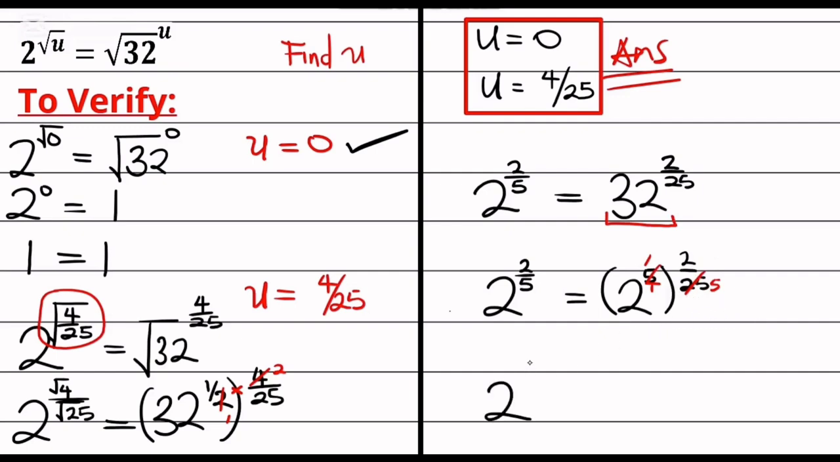So 2 to the power of 2 over 5 equals 2 to the power of 2 over 5. We have 2 here and the same thing there, and 2 over 5 left. This has also proved and shown that u equals 4 over 25 is also correct. And just before you go,